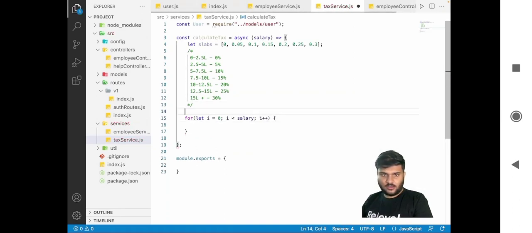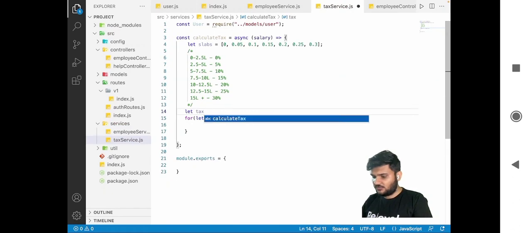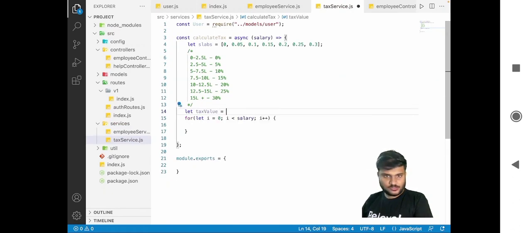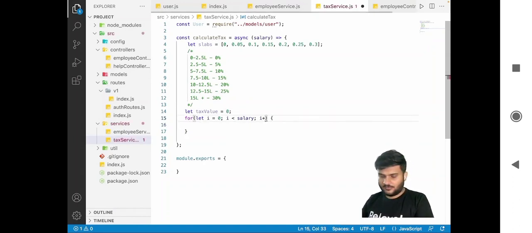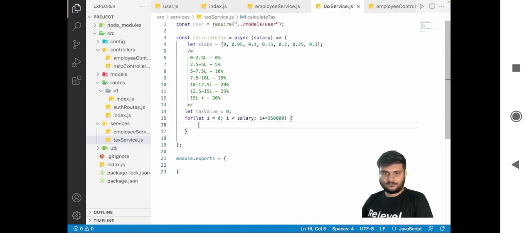Okay. We are going to have let tax value equals to 0. So on the first 2.5 lakhs, we are not going to have anything. So we'll do i plus equals to 2,50,000. Okay. So on the first, we are not going to have anything. So we will say tax value plus equal to